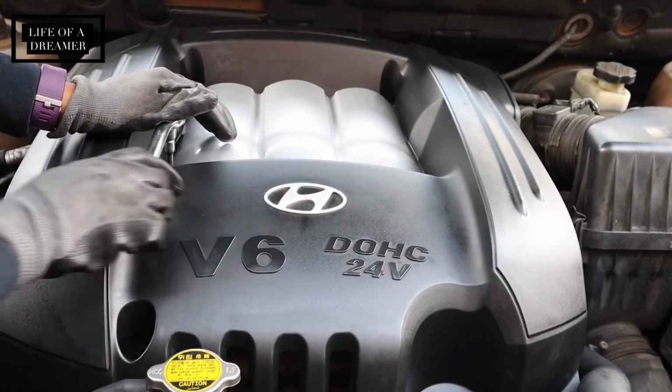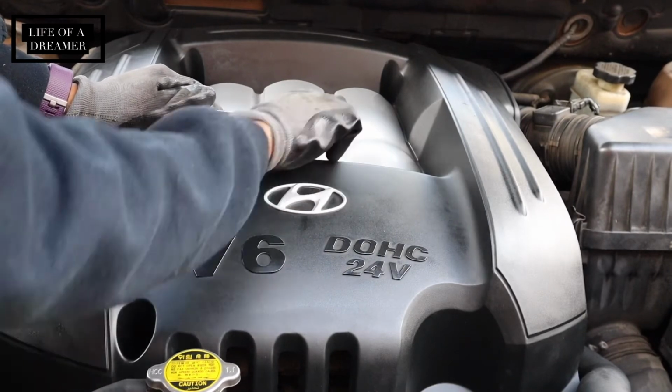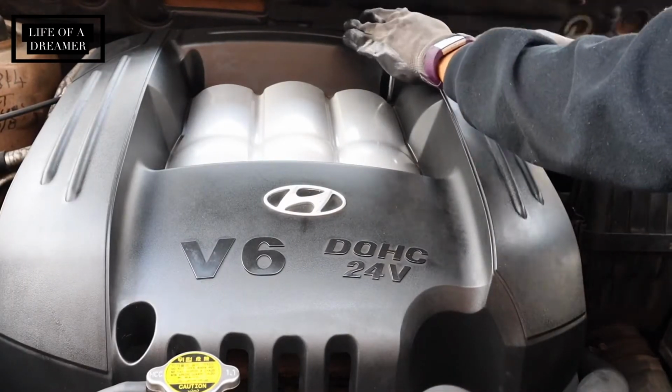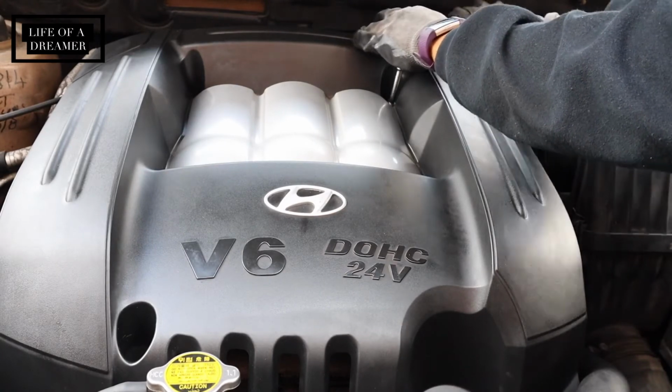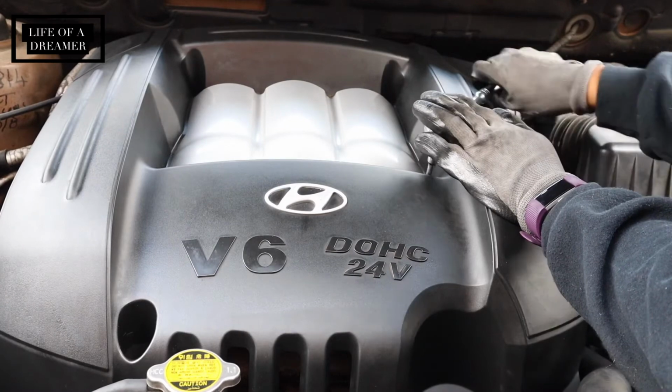So the problem that I was having with my car a few weeks before all of this was my car would rev up, or it would stall or be jumpy whenever I pressed the gas, and that really scared me. So I took my car to Autozone and had them do a reading, and the error code that came up was